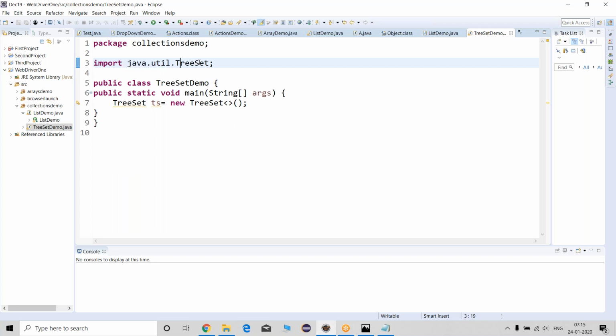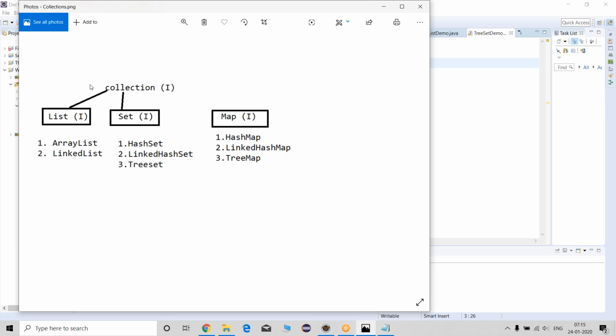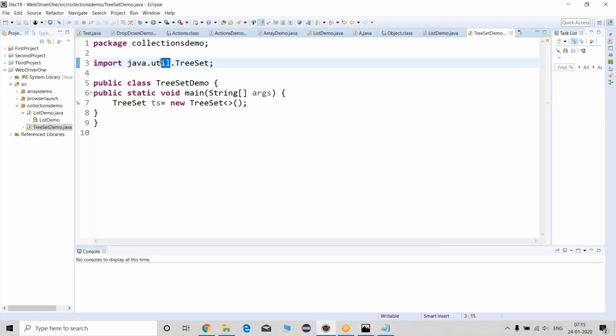Remember, people may ask you a question like this: Do you know about collections? What is the use of the java.util package? What is the difference between list and set? What is the difference between set and map? You can expect n number of questions in n number of ways from here. Personally, I faced this in an interview. The guy simply asked, "What is the use of the java.util package?" Simply, I said